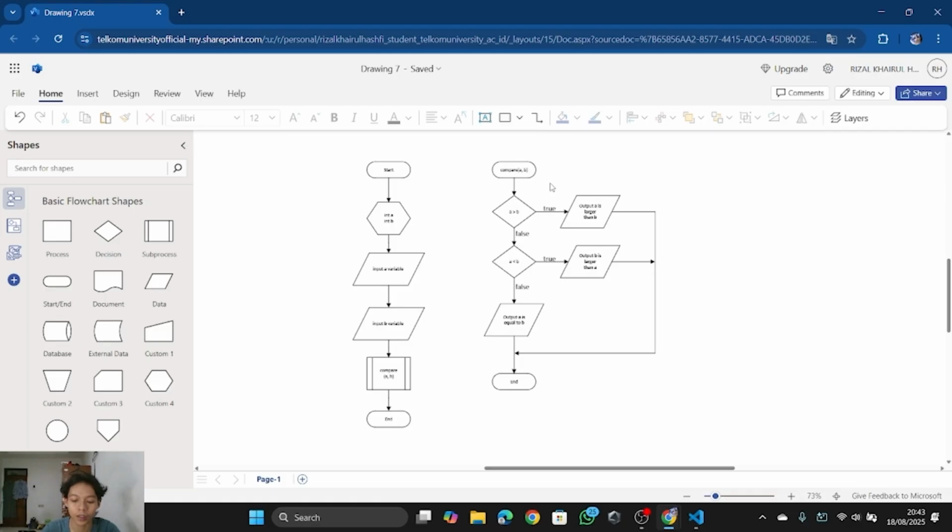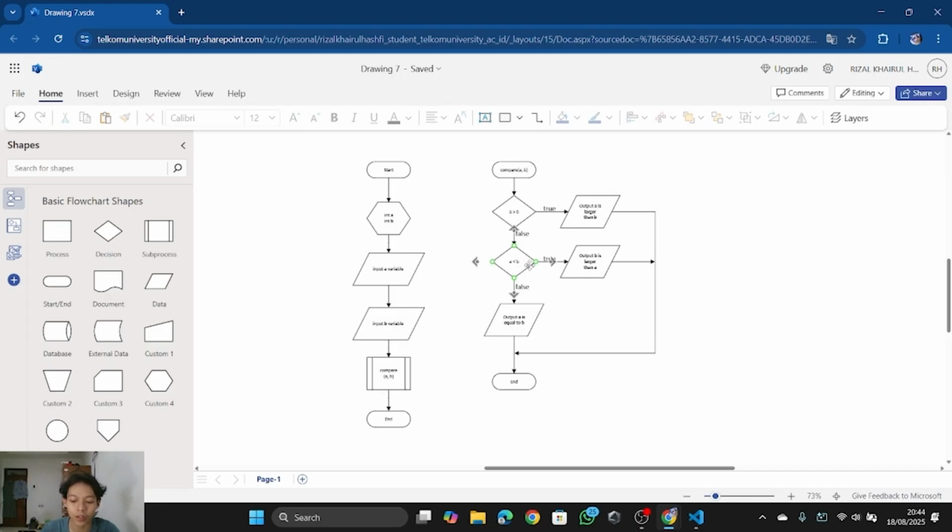Now, in the void compare a-b function, we will first make a decision to determine whether a is larger than b. If this is true, then the output will be a is larger than b. If this is false, it will move on to the next decision, which will check whether a is less than b.